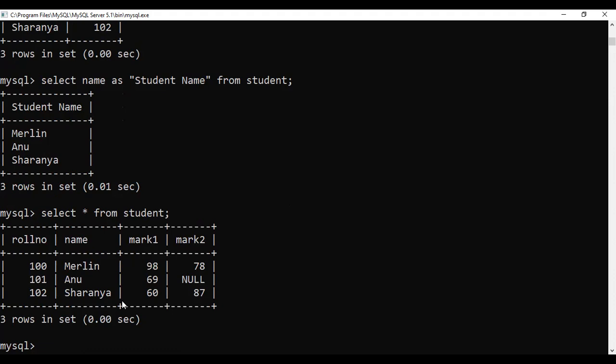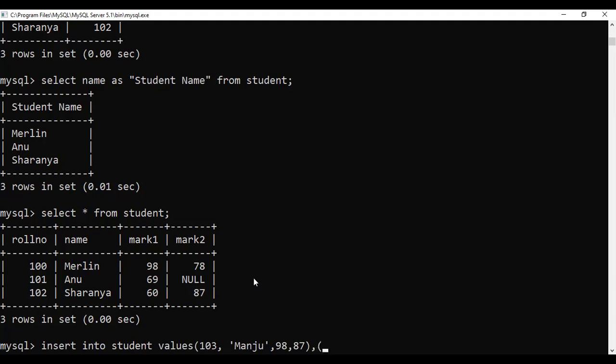Now in this there is no duplicate data, so I'll make some duplicate data. A few more records I will insert. You can insert multiple records also. Insert into student values, I just give 103, Manju, 98, 87, comma.